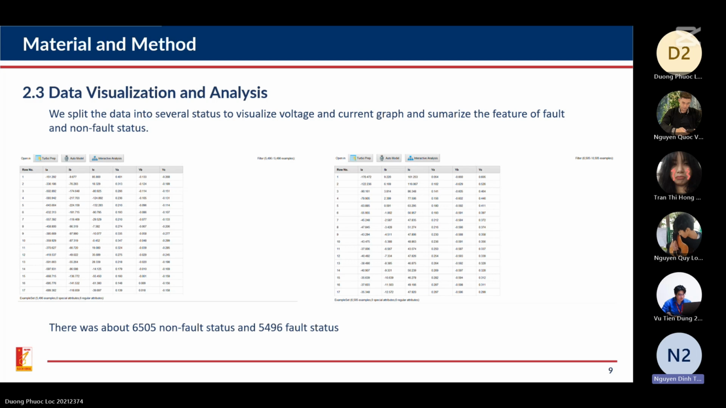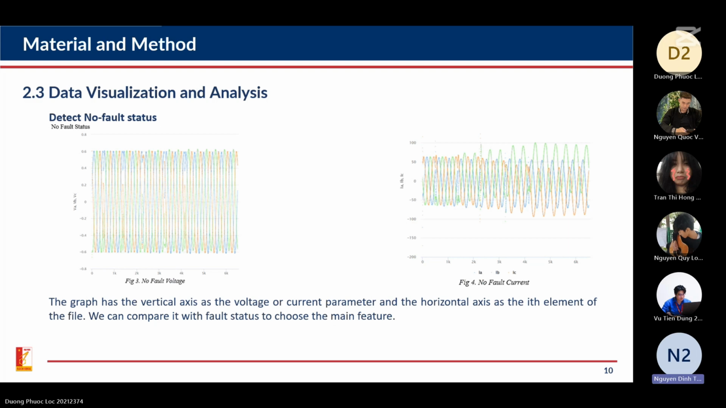As you can see, there were about 6,505 non-fault statuses and 5,496 fault statuses. Next,